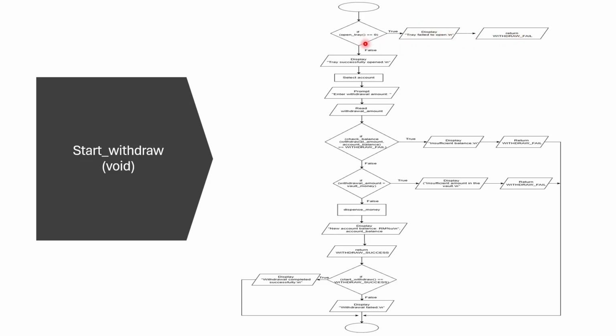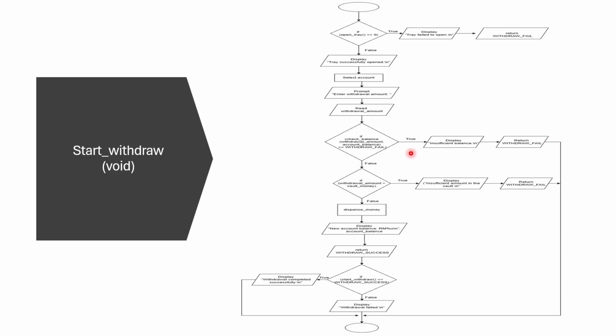If false, it will display tray successfully open and it will select account and prompt to enter withdrawal amount, and it will read the withdrawal amount and go to the if function: if check balance is equal to withdraw fail, and if the condition is true,